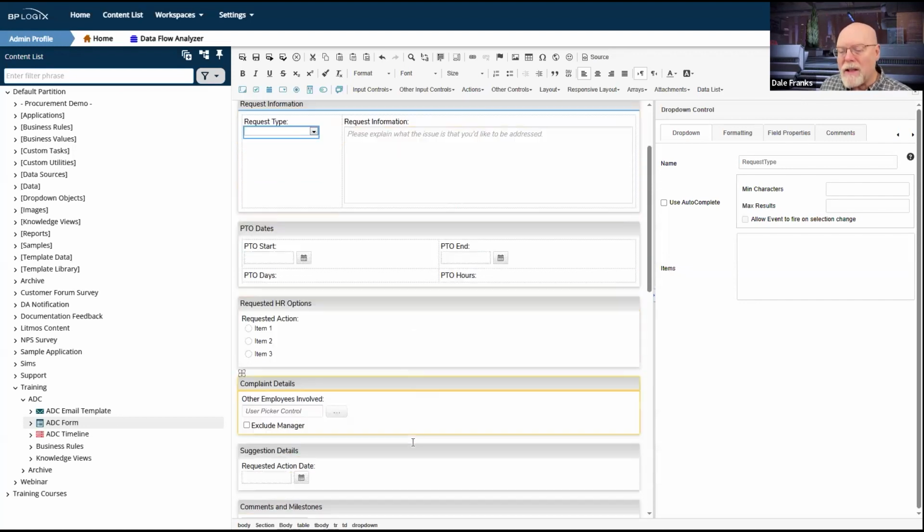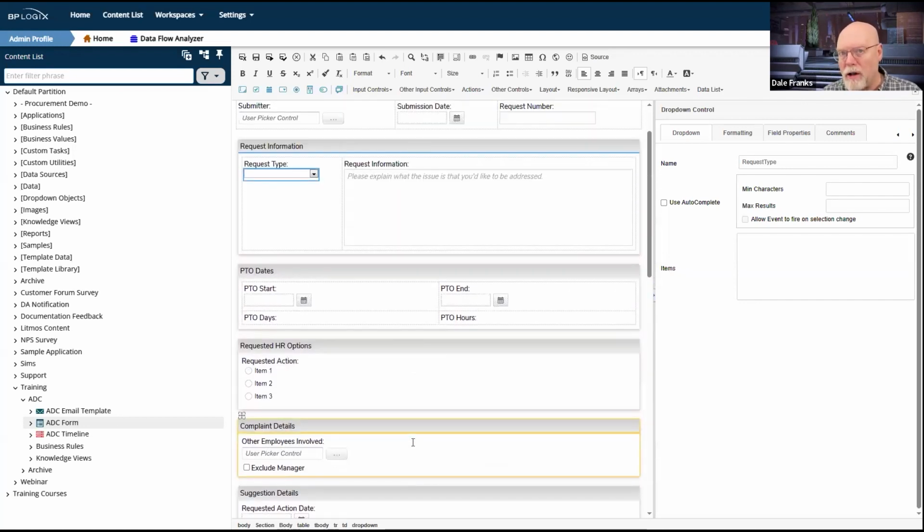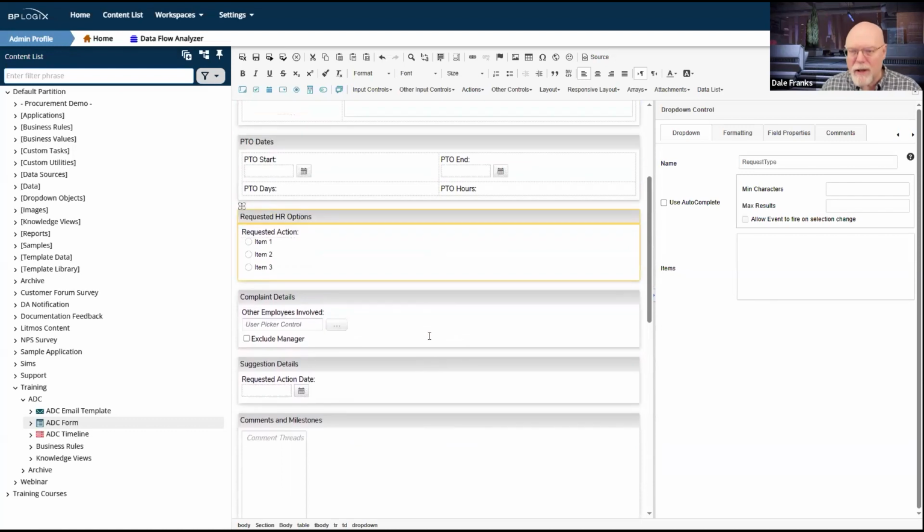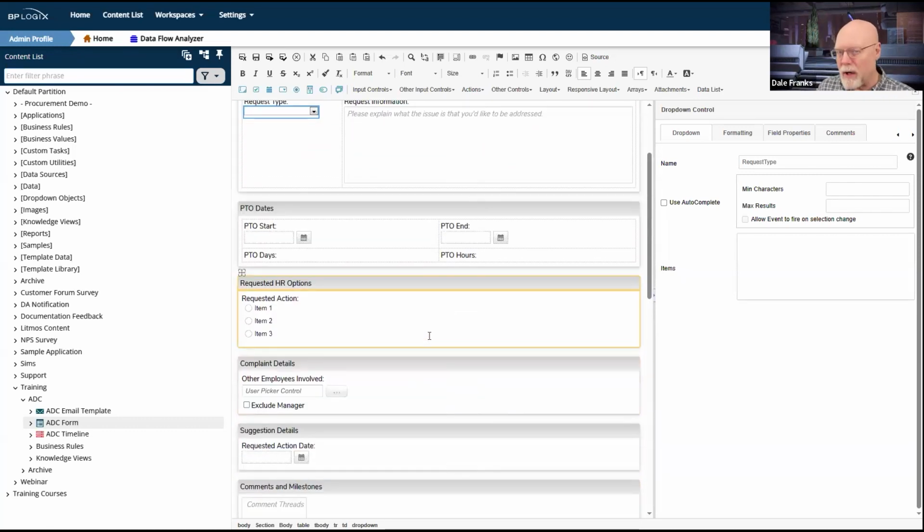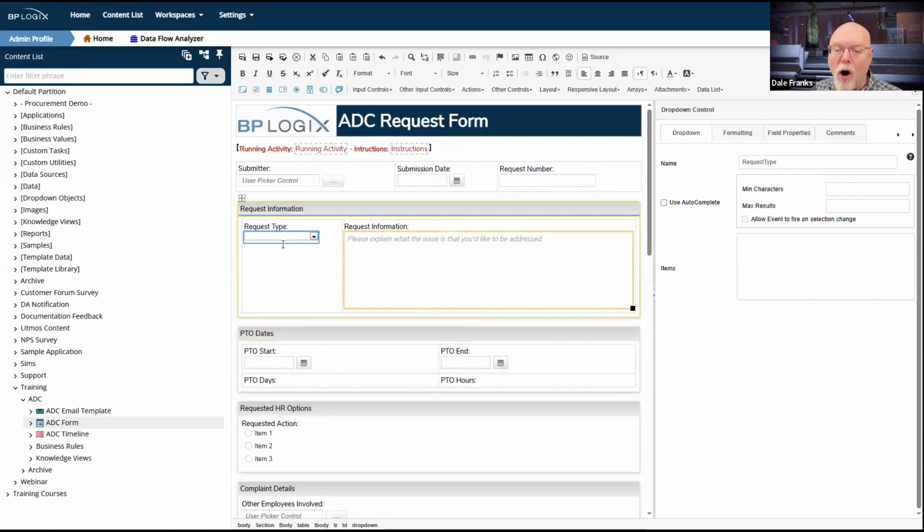So there's all these options here that we really don't want users to fill out if it's not related to the type of request that they are trying to submit. So to make life easier for them and for us, because if there are extra fields, there's always a possibility that users will get confused and put the wrong thing in the wrong place, or they'll fill out stuff they don't need to fill out. So in that sense, we are helping them by simply hiding all of the fields that we don't want them to fill out based on the request type of the form.